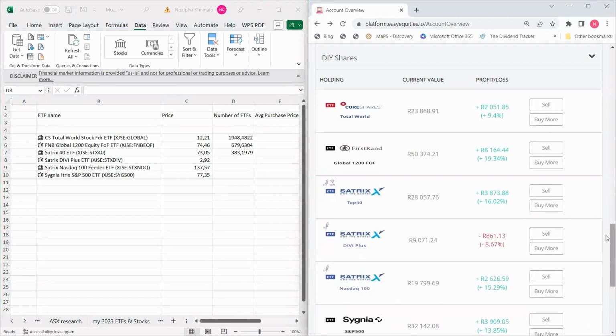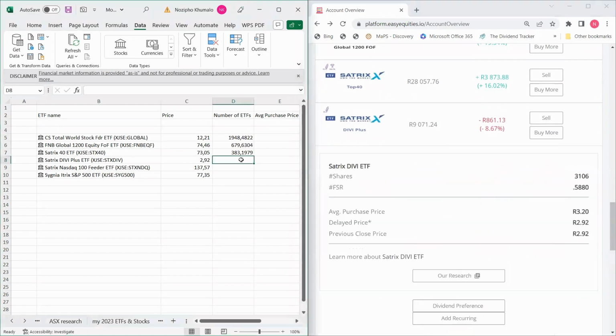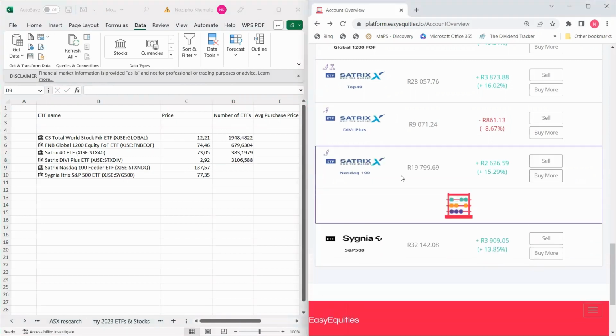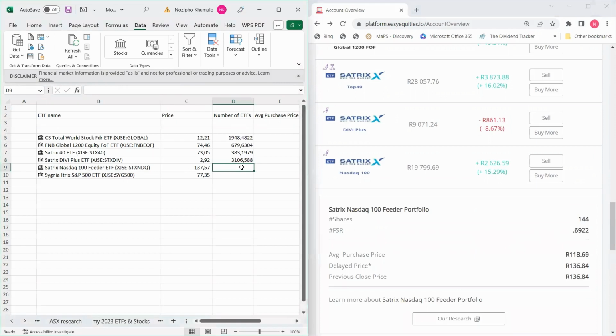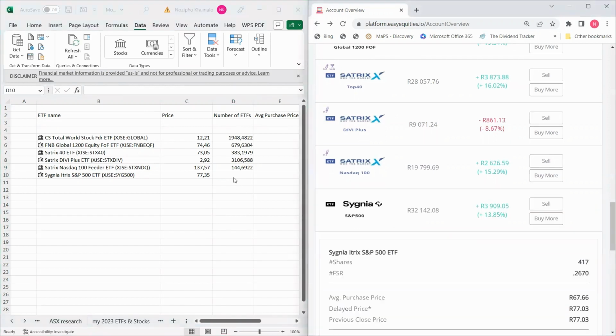Next is Satrix Divi. Let me just scroll down. Satrix Divi, how many shares do I have? It's 3106.5880. Next is Satrix Nasdaq 100. The number of shares is 144.6922. And then last but not least is Sygnia S&P 500, one of my favorite ETFs of all time,